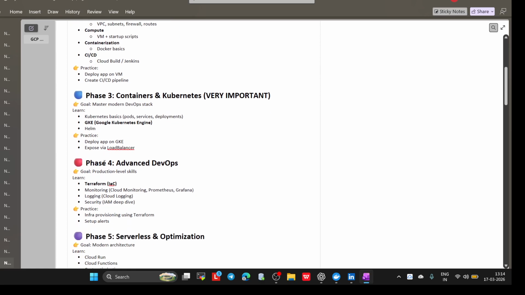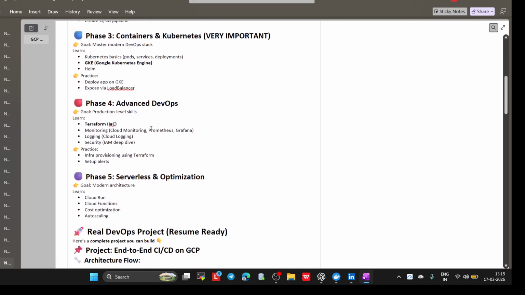After that, containers and Kubernetes, which is very important. Our goal will be to master modern DevOps tools. For that we need Kubernetes basics, which I am going to cover soon: pods, services, deployments, then GKE, Google Kubernetes Engine, and Helm. We will practice, deploying onto GKE and exposing it with the help of a load balancer.